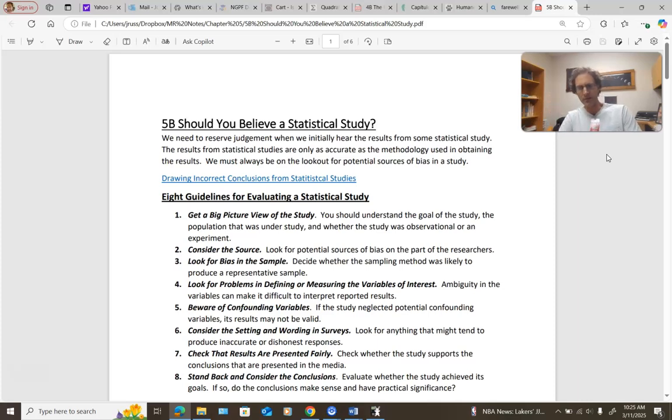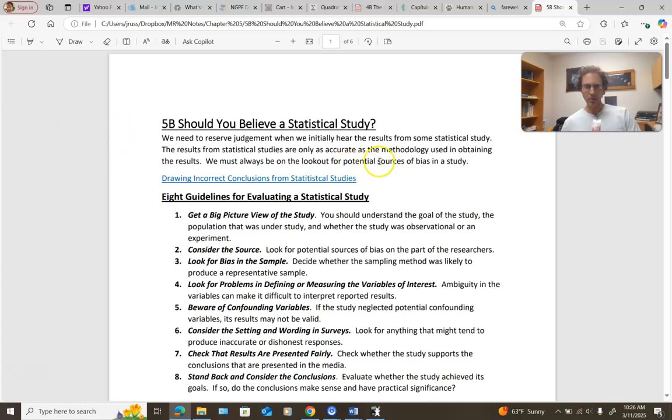I hear all the time on the news, a new study shows that drinking 2 cups of coffee every day will reduce your risk for a heart attack by 20%. You hear things like that constantly. And so we want to be wise consumers of information and not necessarily go out and start drinking all kinds of coffee. So anyway,